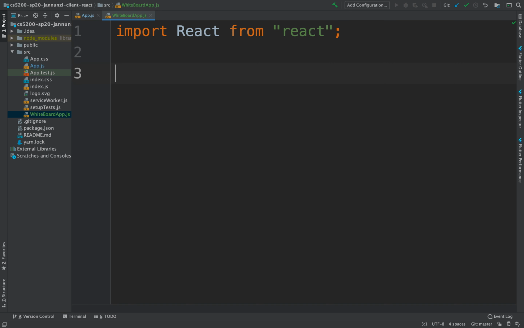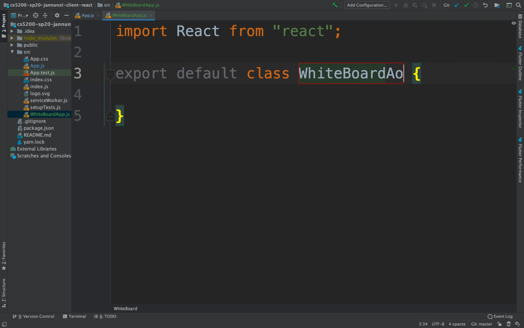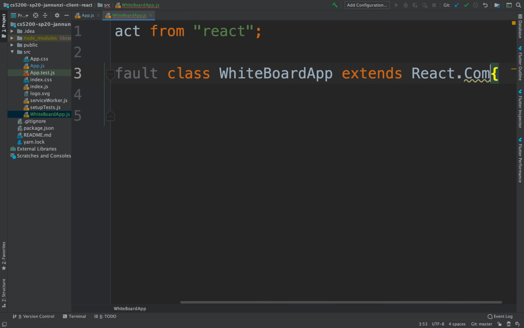We'll say export default class whiteboard app, and this is going to be a React component,